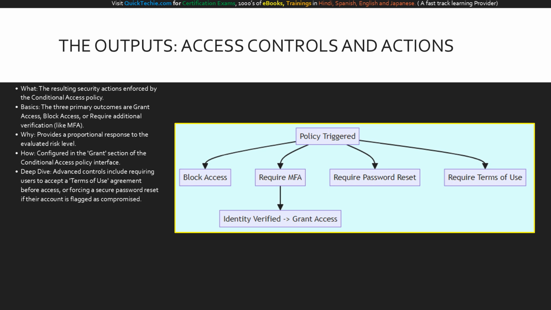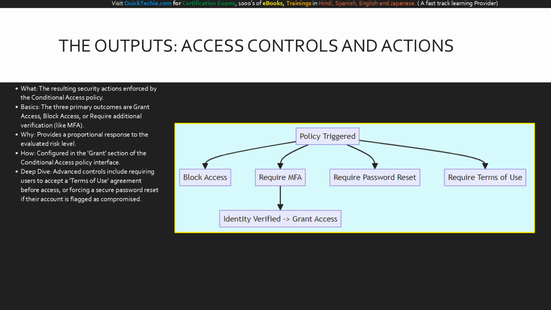This diagram lays out your arsenal of enforcement actions. Once the policy is triggered, you can route the user down several paths. The most severe is a hard block access. In the middle, we have our interactive controls: require MFA, require password reset, or require terms of use. Notice how the require MFA path flows into identity verified, which ultimately leads to grant access. This proves that conditional access isn't just about stopping users, it is about providing secure, verified pathways for them to